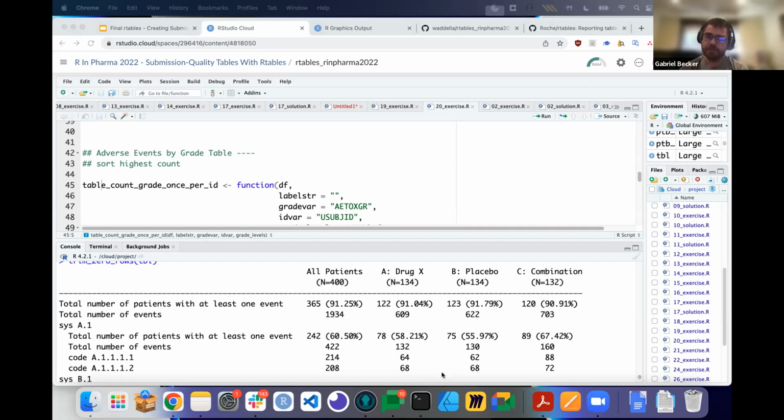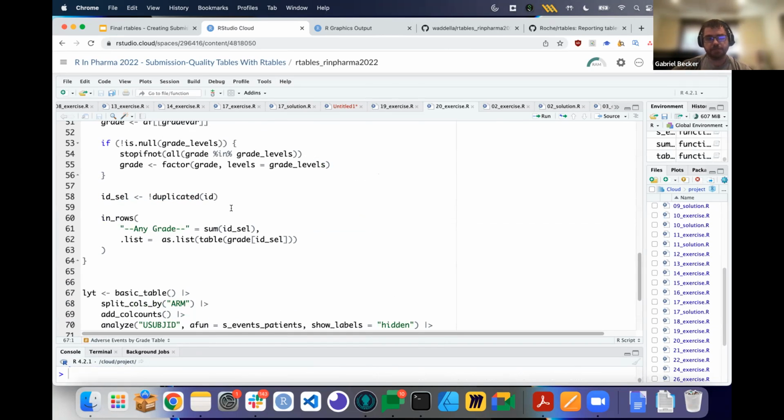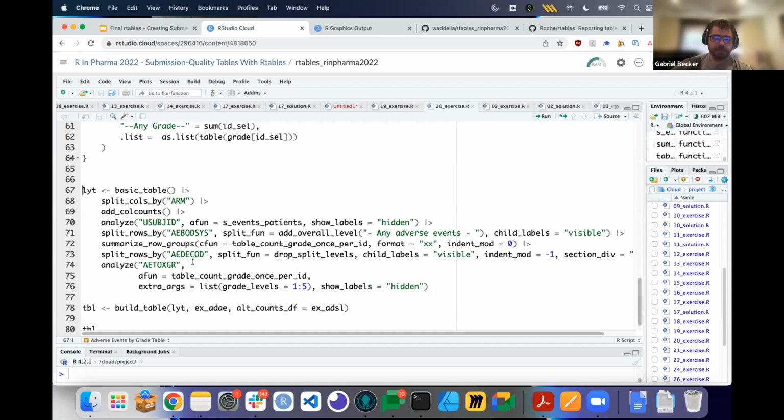So we should probably go pretty quickly. That's a relatively simple table, right? It's not as simple as the demographic table, but as adverse event tables go, it's relatively simple. So now we're going to do one that counts by grade per ID, right? So it's going to count the IDs at each grade, but only count them once, regardless of how many adverse events of that grade the patient experienced. So if we just run this,